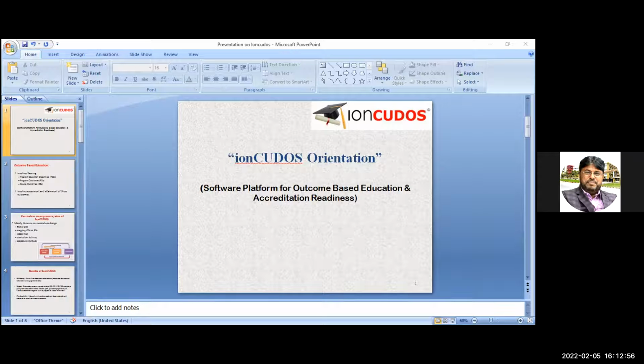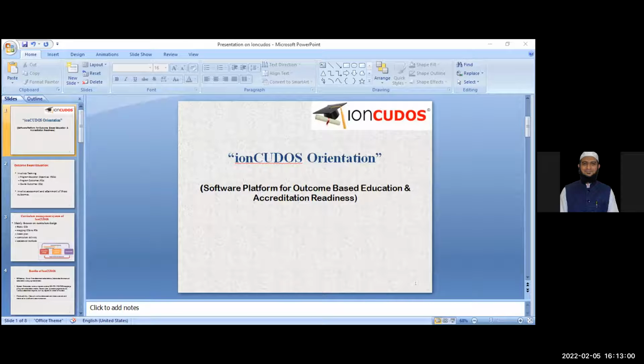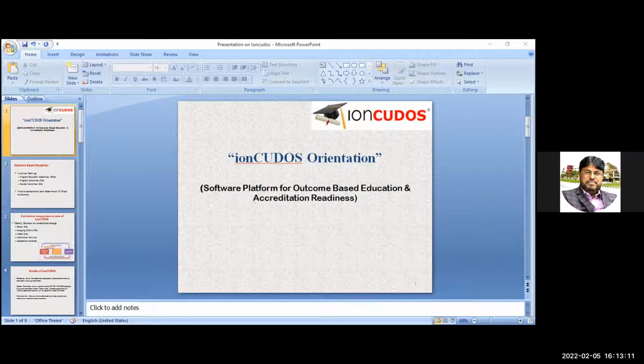Yes, Professor Abu Sufyan. So, the engineering faculty are interested to know this platform. Though they are not using it, let them have it as an added knowledge base, and there is also a software solution for implementation of OBE. If they are interested, let them remain. Yes, no problem. Okay, thank you.